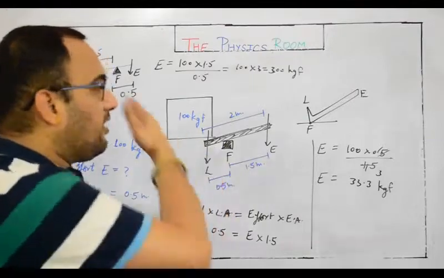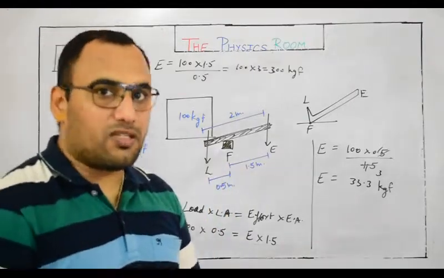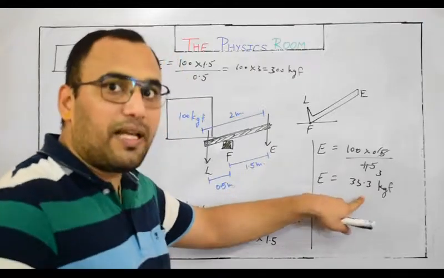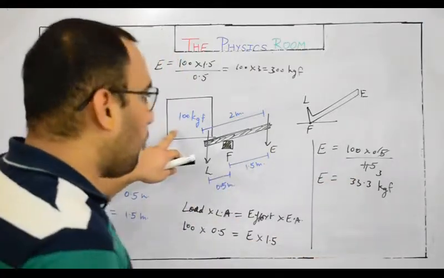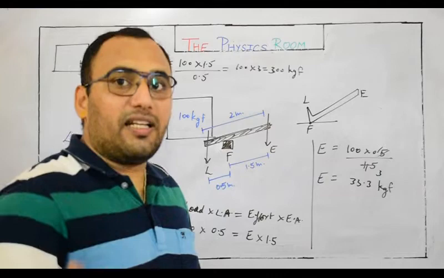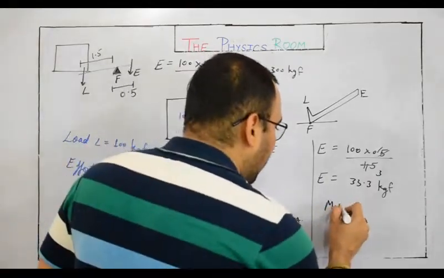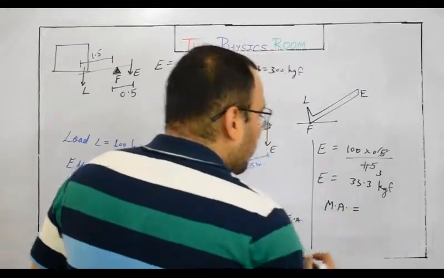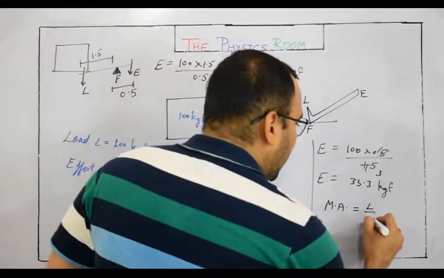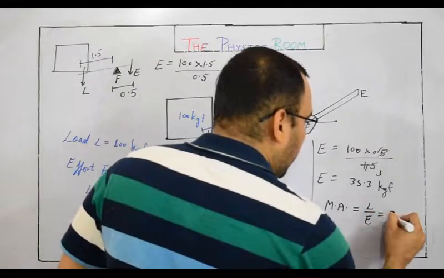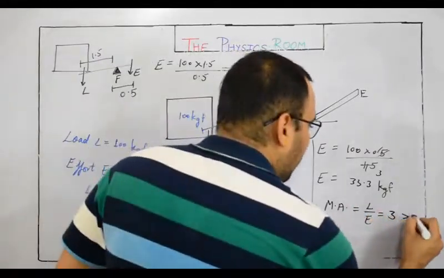So these two examples are of class first, but in this case we are in mechanical advantage because we are applying lesser effort to lift greater load. We are in mechanical advantage, meaning mechanical advantage in this case is greater than 1. You can see mechanical advantage is load upon effort, and we have calculated it as load arm upon effort arm, it would be 3. So here it is greater than 1.